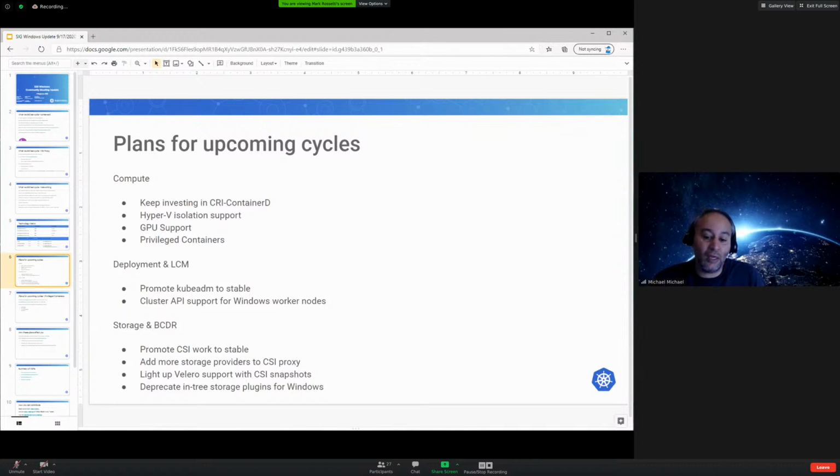And then on the storage front, we want to promote CSI work to stable. We want to have more storage providers. We're going to enable you to do backup recovery with Velero support, with CSI snapshots. That's actually a big thing of CSI. Once you adopt everything to CSI, now you can leverage the advancements that providers have with snapshots, and then Velero